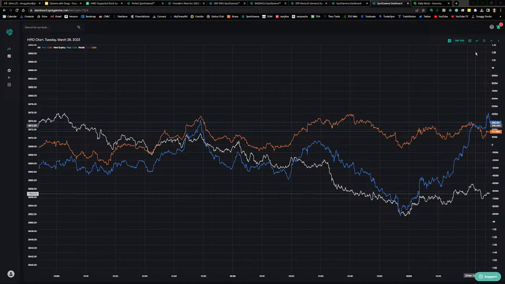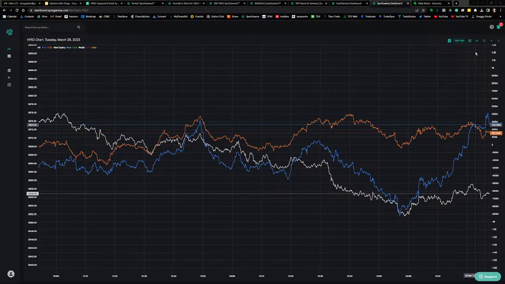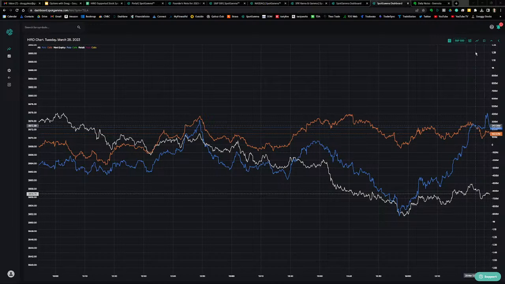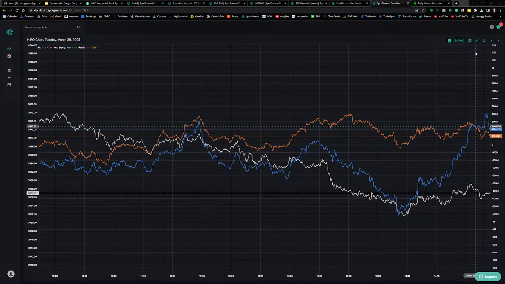I looked back at what Tom at Tasty Live was doing last week, and he was paying between $4 and $5 for this 0 DTE SPX butterfly with 30-point wide wings. And yesterday the one that I looked at was $10, and I thought that was just too expensive, and I think Tom said the same thing. So you're paying a lot.